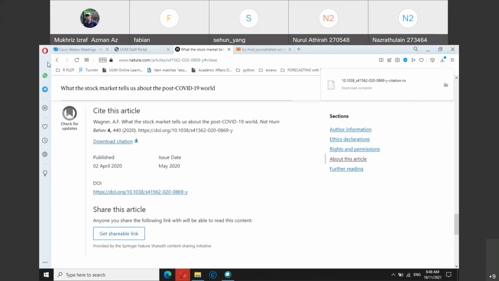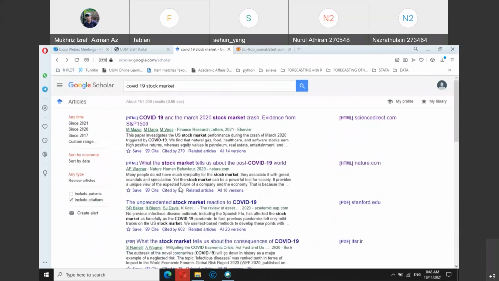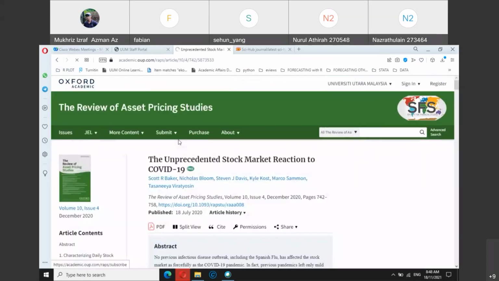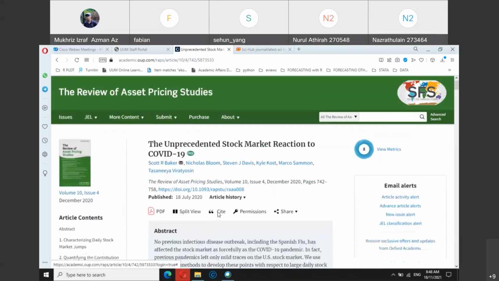So any journal article should have that citation icon. The only difference is that different journals have different templates or layouts in how they display the information. But the more you open journal articles from different publishers with different formats, the more you will get the idea where to extract the information from. For example, this one is the cite icon here.